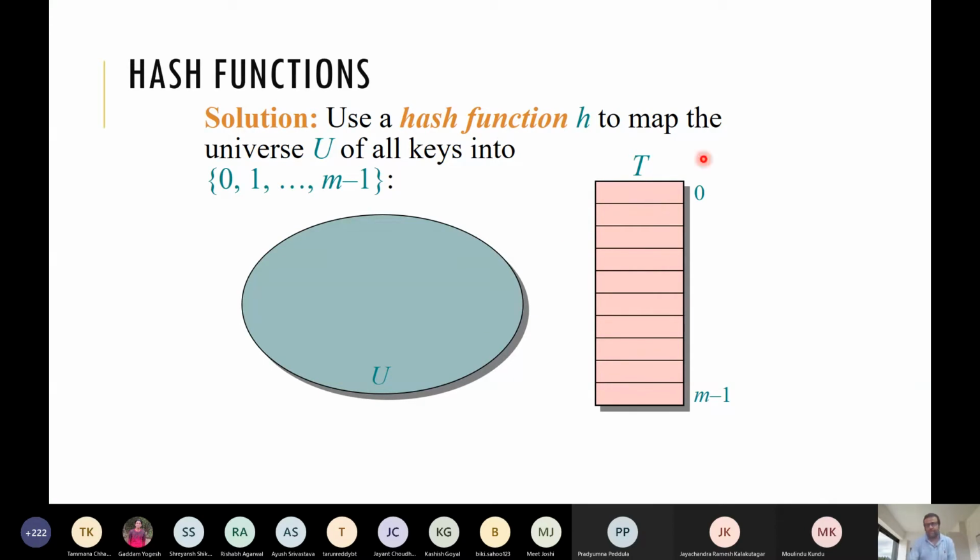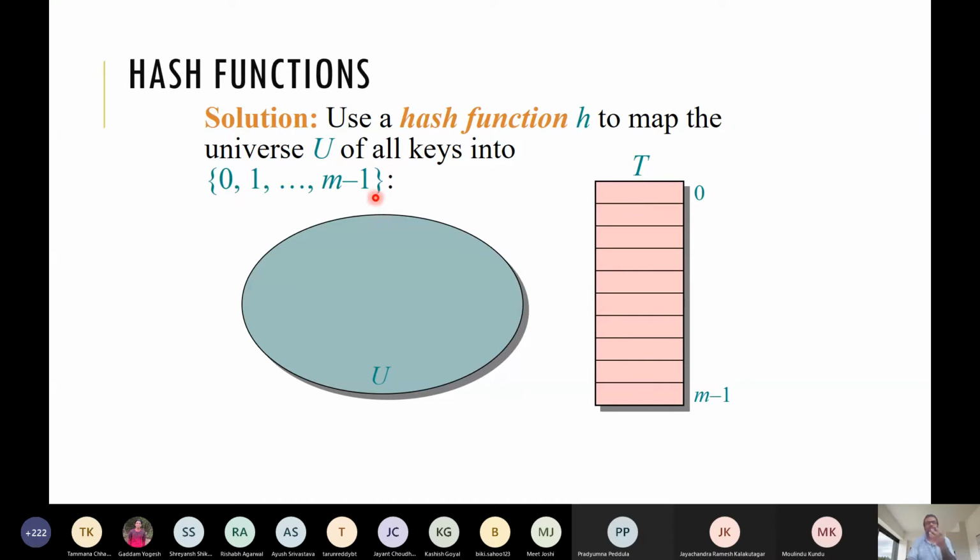But our table size is fixed because we cannot afford such a big table. If we have a 64-bit number, we cannot afford a table of size 2 to the power 64. That is huge. We fix our table, say up to 500, so it is 0 to 499. In general, we fix our table as 0 to m minus 1.